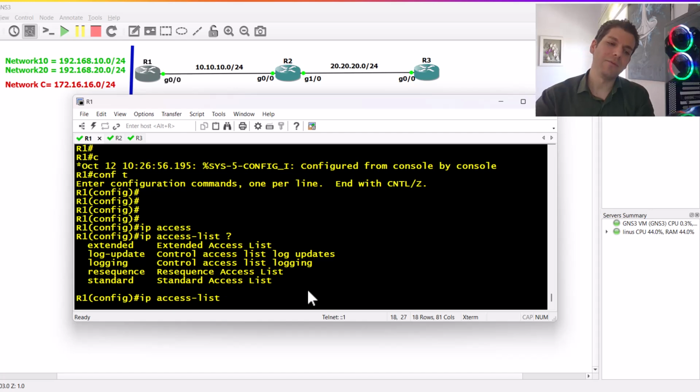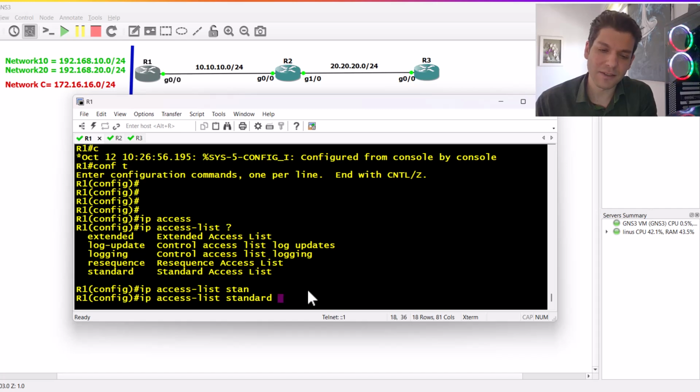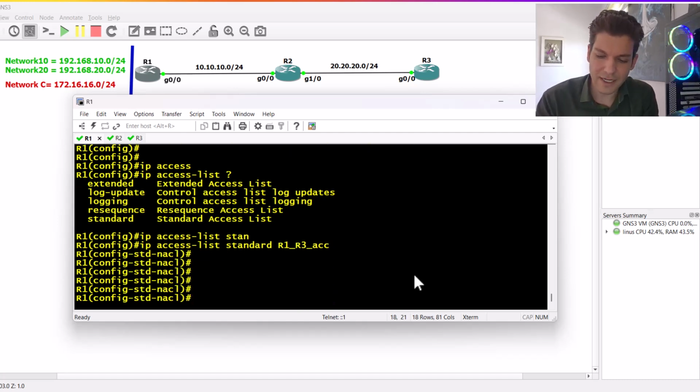Oh right, I forgot to input standard or extended access list. We need standard because we want to specify our networks here, and then we input the name of the ACL, and after that I input the sequence number, and then permit